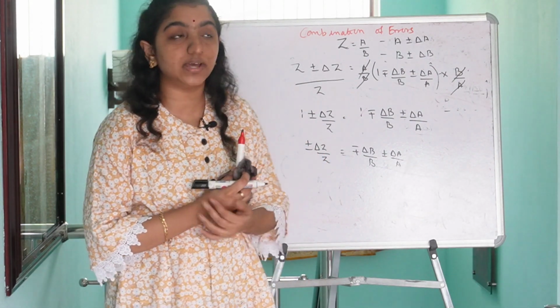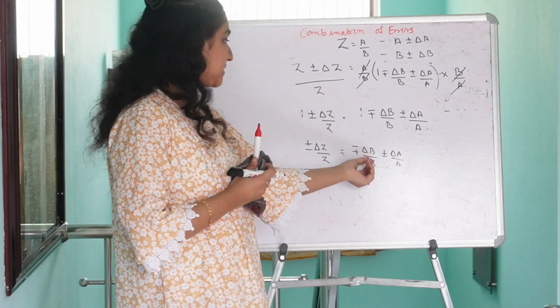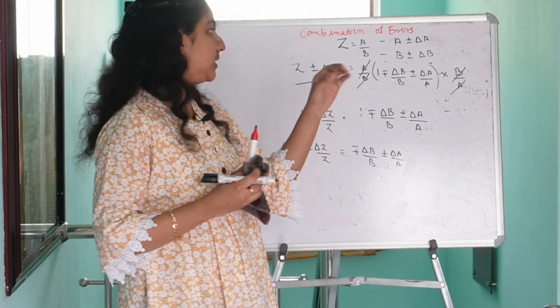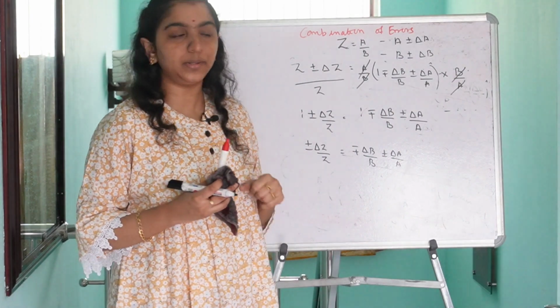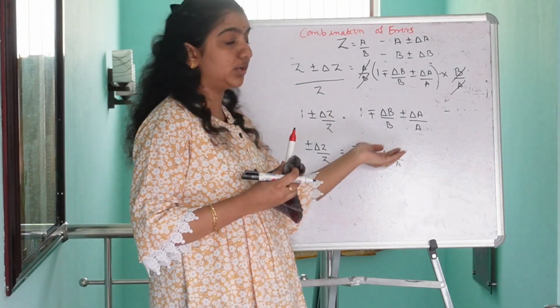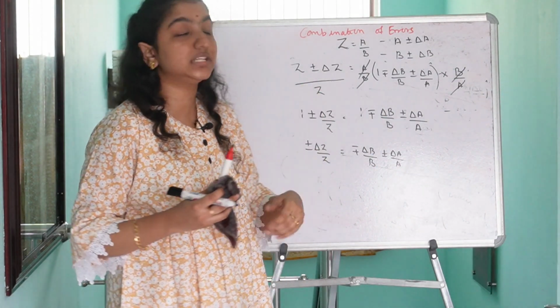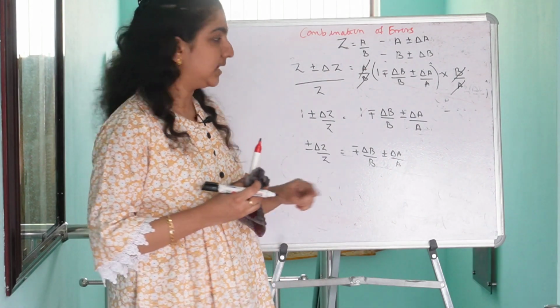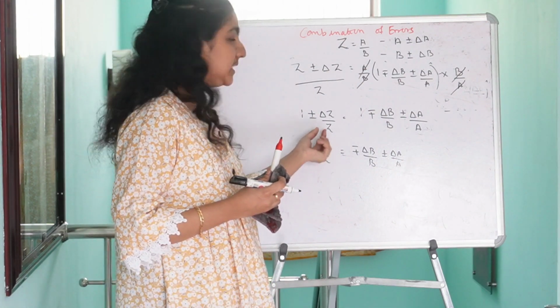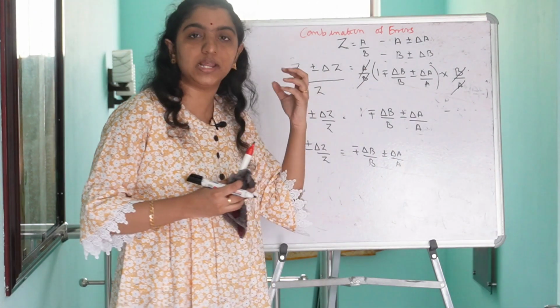It is the relative error in the resultant. And what is del B by B? It is the relative error in the physical quantity B, or in the measurement B. And what is del A by A? It is the relative error in A. Is it clear? So the maximum possible relative error